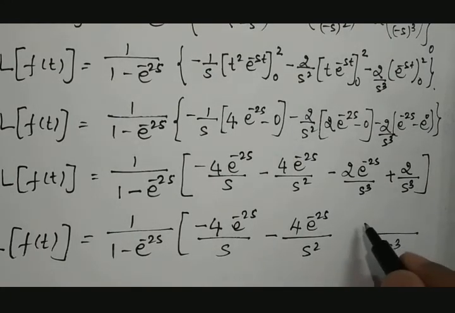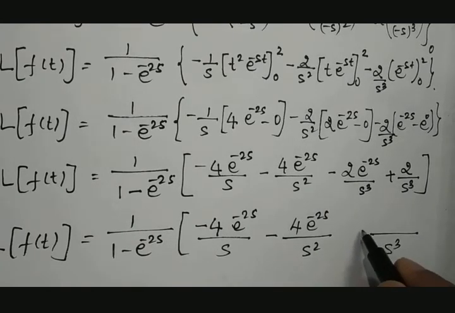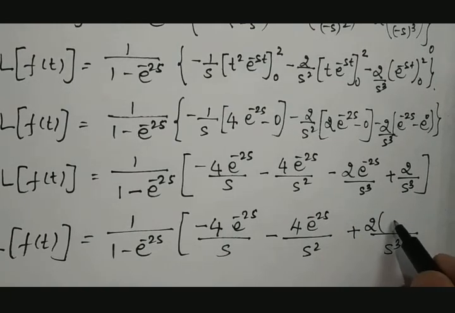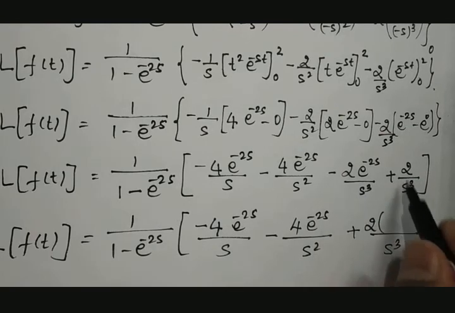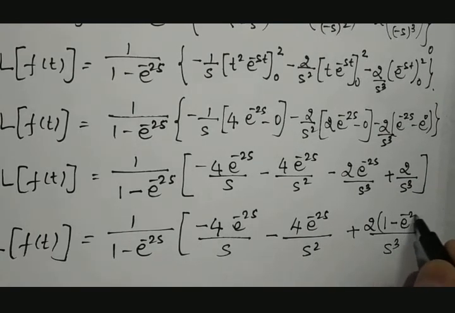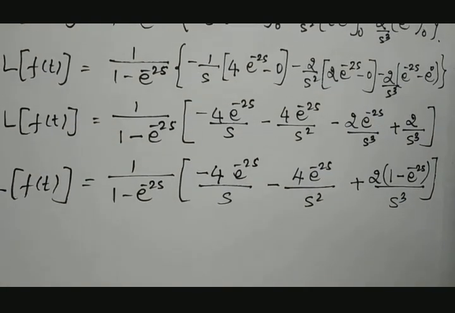When there are 2 s cube terms, then I'll take a further common term here. 2 is there everywhere, so I'll take 2 as common. So plus 2 is taken as common. Then what remains? Minus plus is taken, so this becomes minus, this becomes plus. So I'll take first plus term, minus e raised to minus 2s. Fine. Therefore